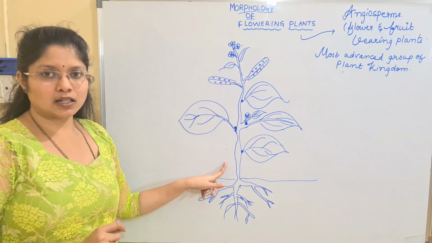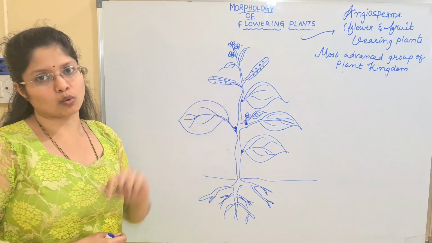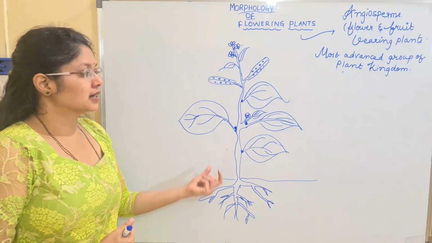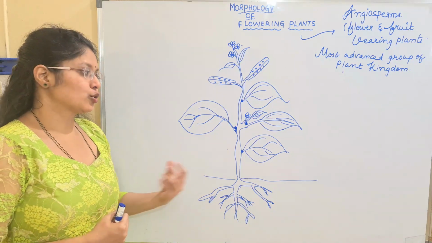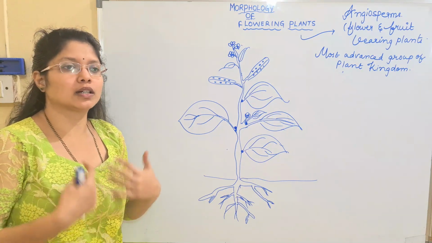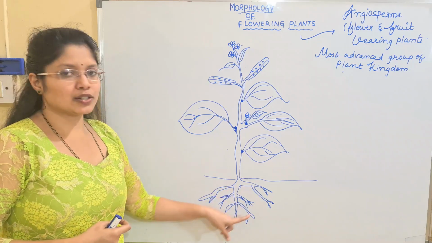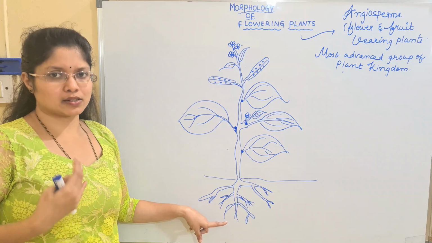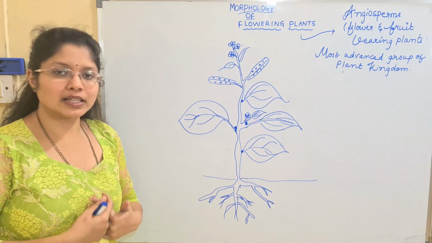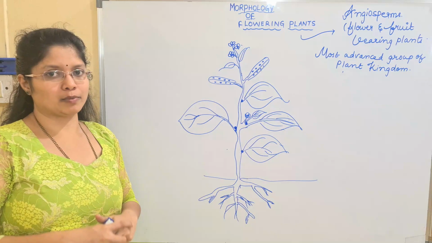It is green colored, and with the increase in age of the plant, it will become brown. We all know that herbs and shrubs are generally tender and green in color, but plants which are trees mainly show a brown colored main axis. Why? Because the shoot which is green will turn brown with increase in age. What about the root part, children? Root is generally a non-green structure. It doesn't have any chlorophyll, and hence it is said to be non-green, and with the increase in age, even this will become corky and brown in certain types of plants.